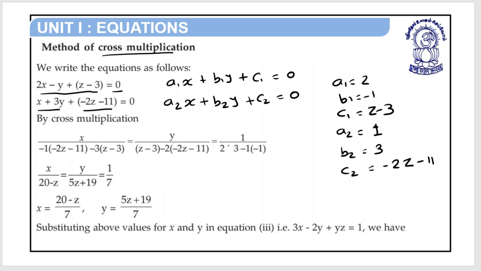By cross multiplication, the result is x upon b1 c2 minus b2 c1. b1 c2, so b1 is minus 1, c2 is minus 2z minus 11, minus b2, 3 and c1 is z minus 3, is equal to y upon